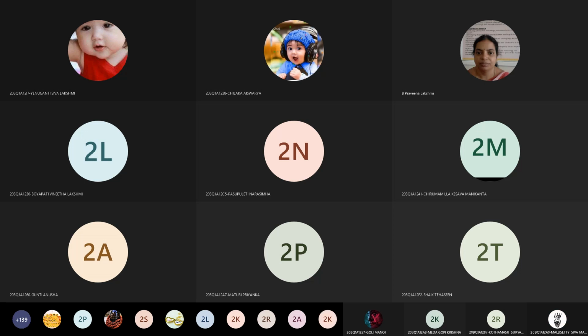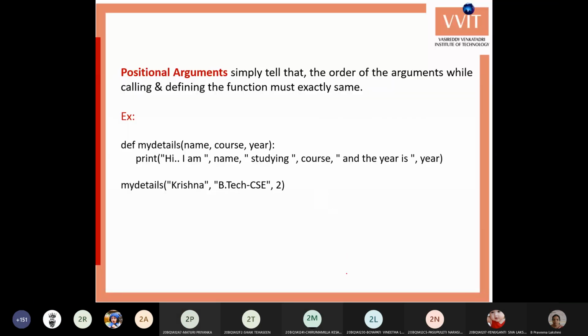Okay, sorry students, due to the internet connection, it got disconnected. Now I will continue again. I think all of you noted it. Yes, ma'am. Now note down the example. We'll do one example and note down that example.